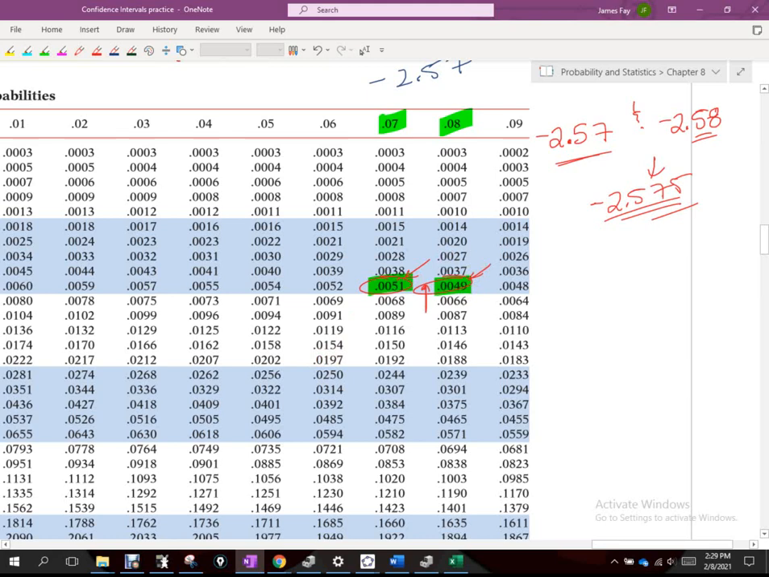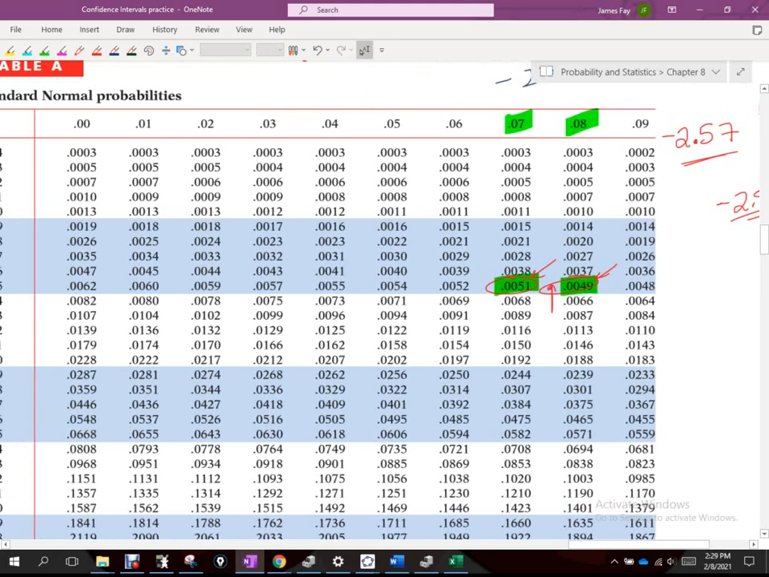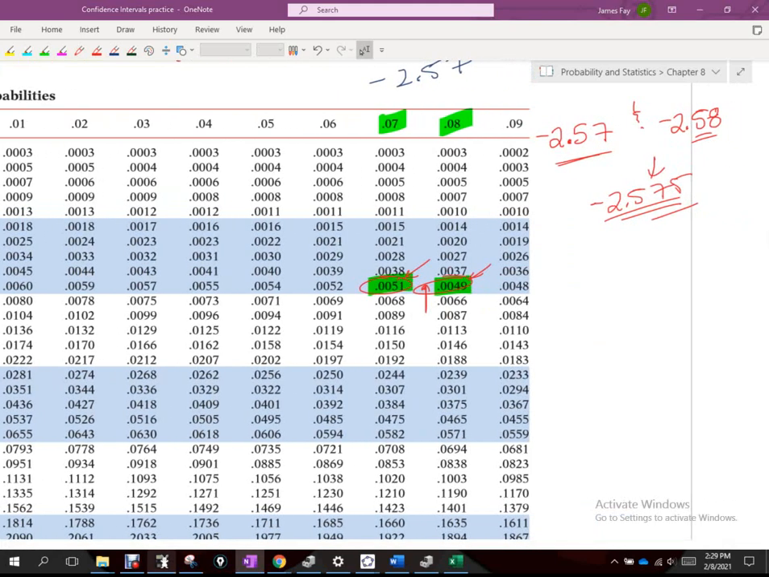Okay, so for our purposes, negative 2.58 is fine. Negative 2.575 is fine. Even if you use this, you would be good enough. Okay. But if we use our calculator,